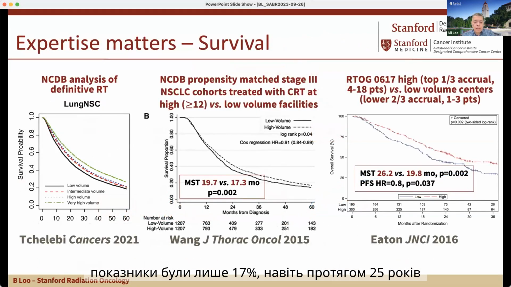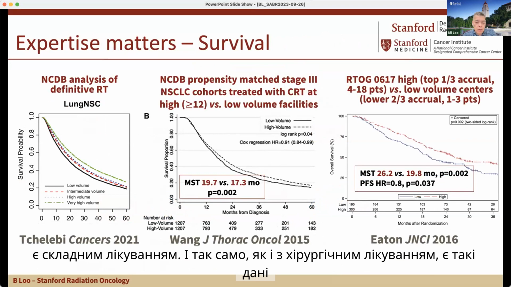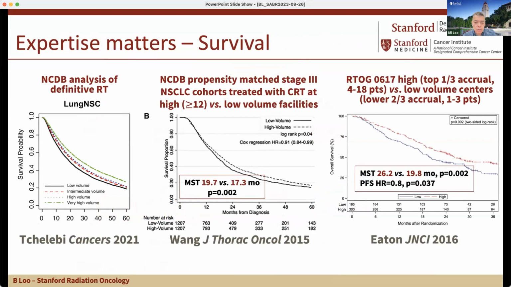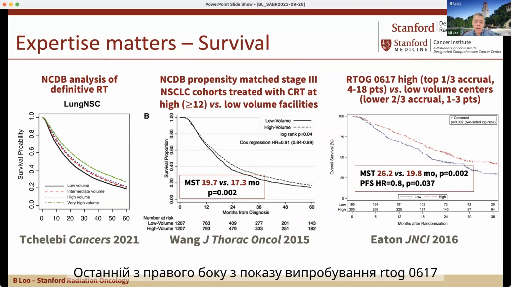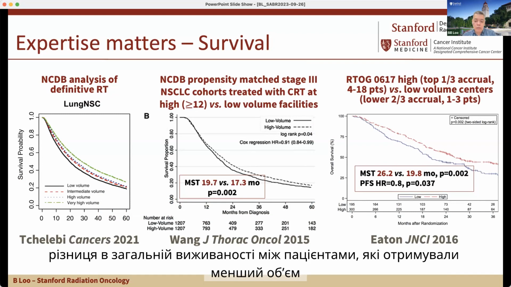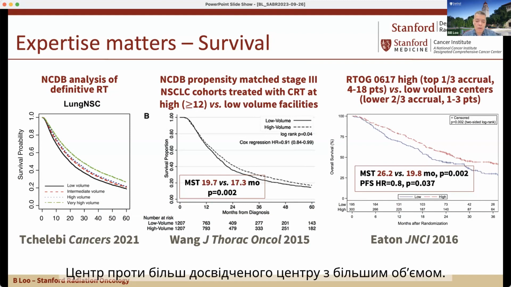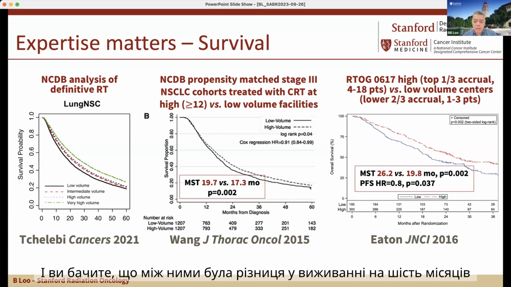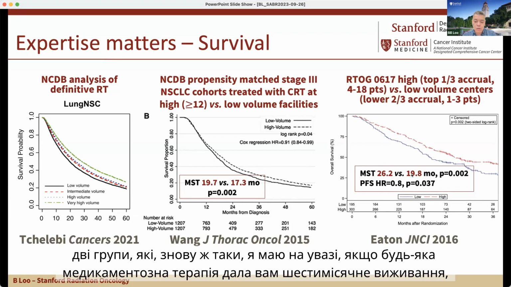Okay. This is complicated treatment, and so just like with surgical therapy, there are data that expertise really does make a difference. And so 3 different analyses, the last one on the right side being from the RTOG 0617 trial, showing the difference in overall survival between patients treated at a lower volume center versus a more experienced higher volume center. And you can see that there was like a 6-month survival difference between the 2 groups, which again,